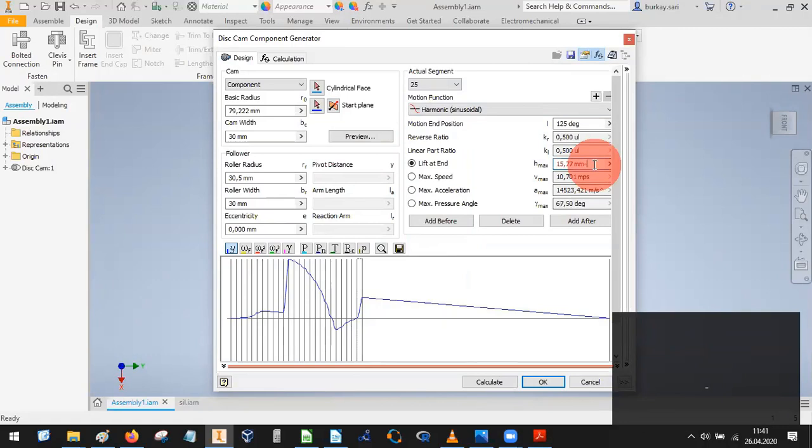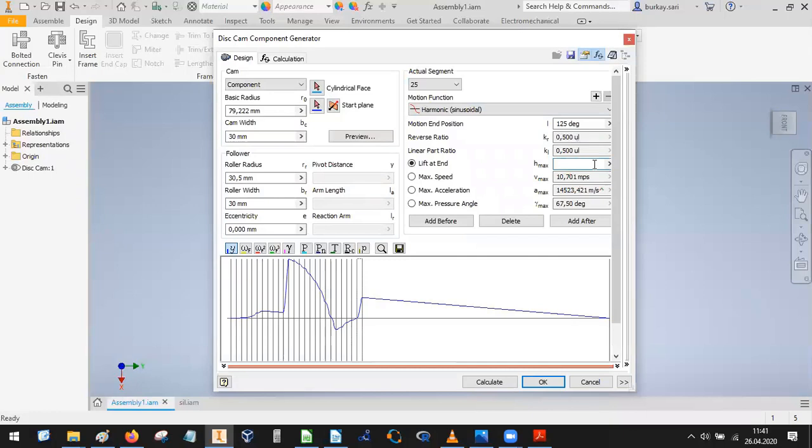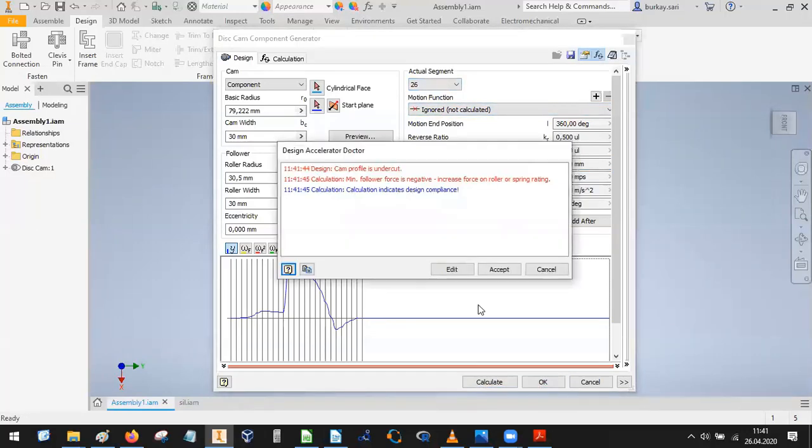We will just go to 0 at the end of this segment, or you can just simply write 0 for the 26. This 26 segment, you can ignore this one, and when you hit the calculate and OK button,